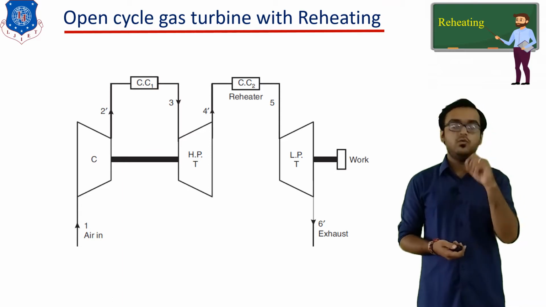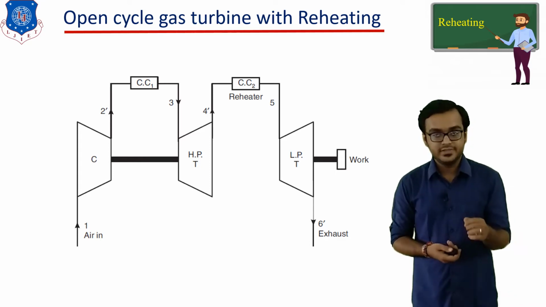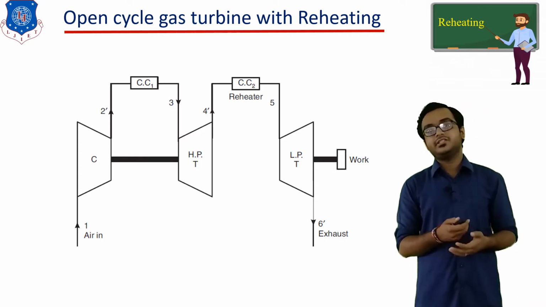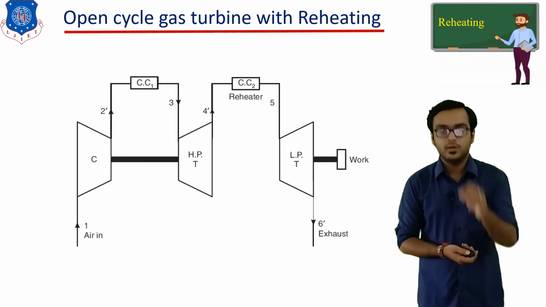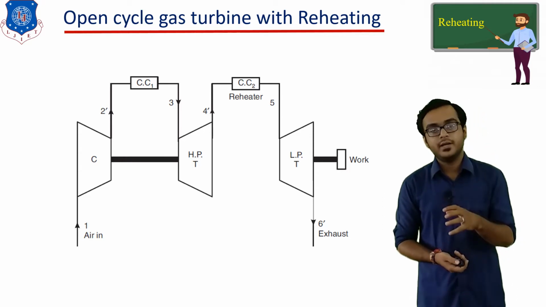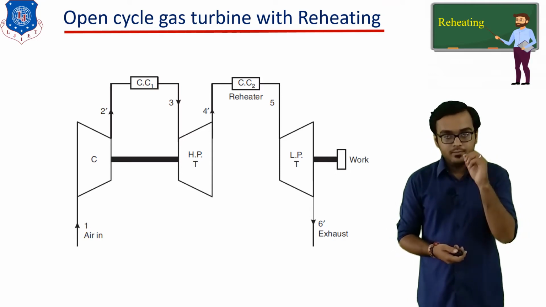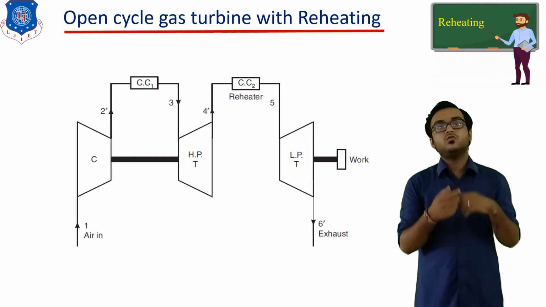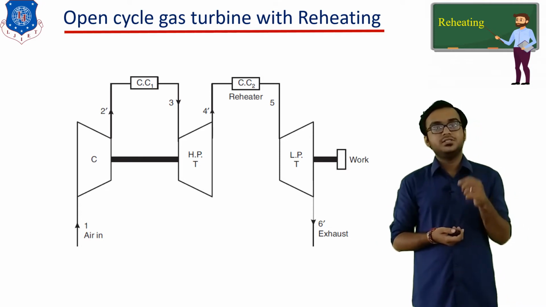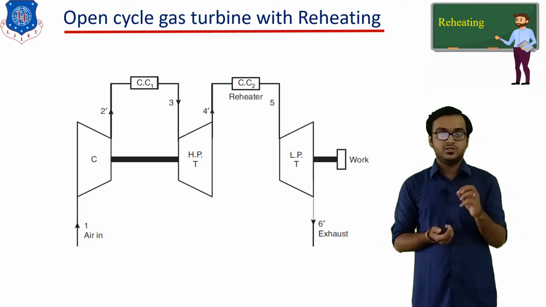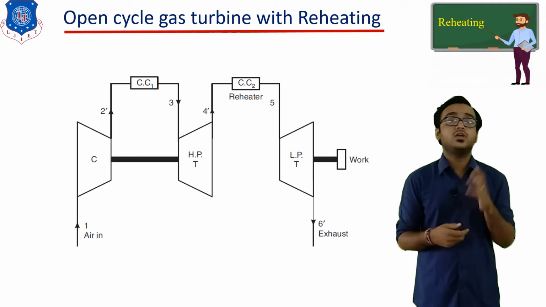At point 1, the air is supplied to the compressor. At point 2, we have highly compressed air having high temperature and high pressure. Now, this air is supplied to combustion chamber number 1, which is located in between the high pressure turbine and the compressor. In combustion chamber number 1, the air gets mixed with the fuel, and because of the high pressure and high temperature of the air, combustion is initiated. At the outlet of the combustion chamber we have extremely high pressure, high temperature product, that is the mixture of the air and different gases generated because of the combustion.